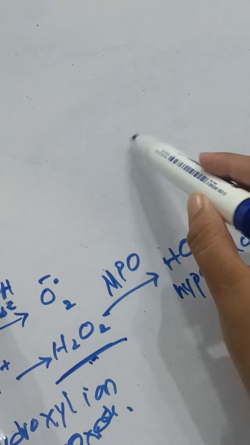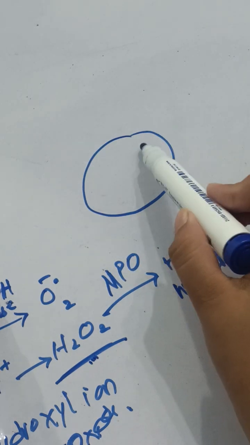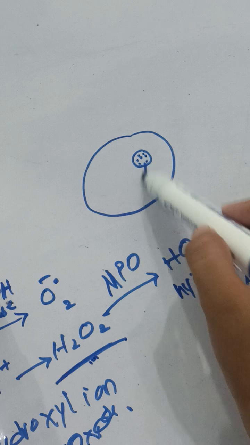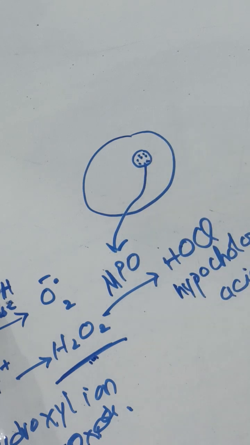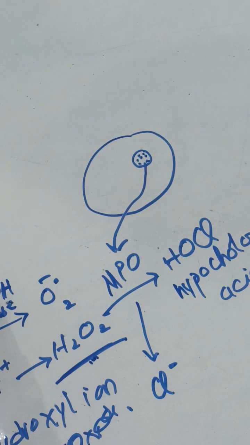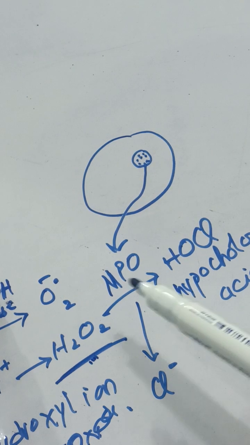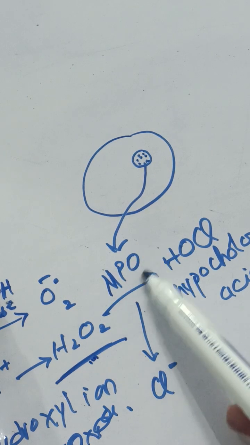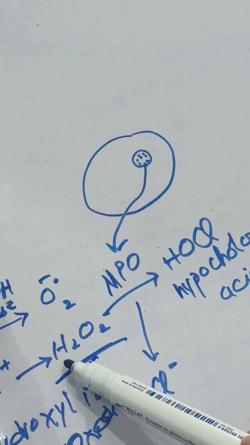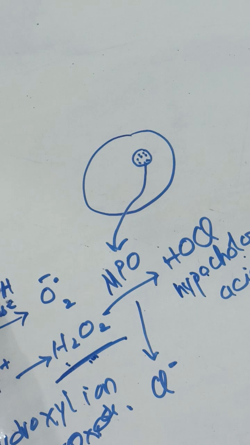So this is a neutrophil, and inside the neutrophil some granules are there. Inside these granules this enzyme is present, and these granules are called azurophilic granules. In the presence of Cl negative halide ion, which is the chloride ion, this enzyme activates,